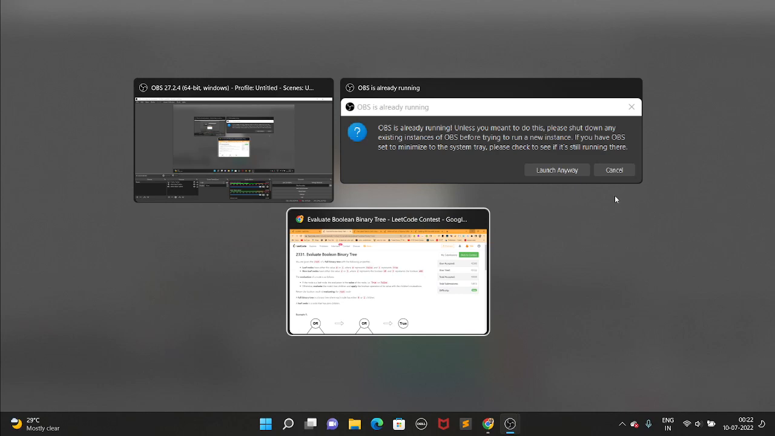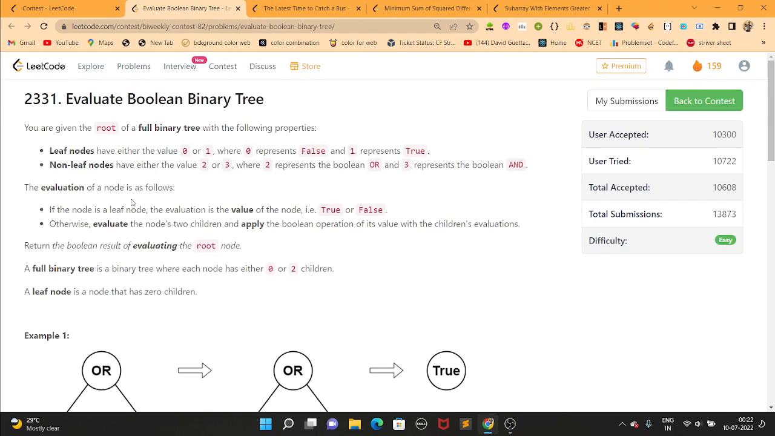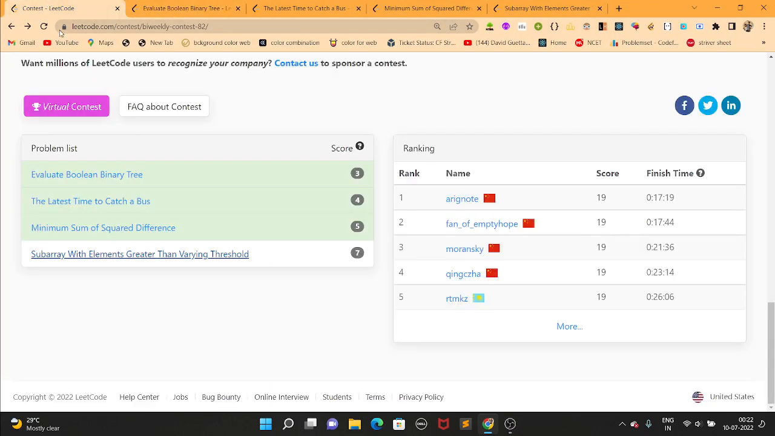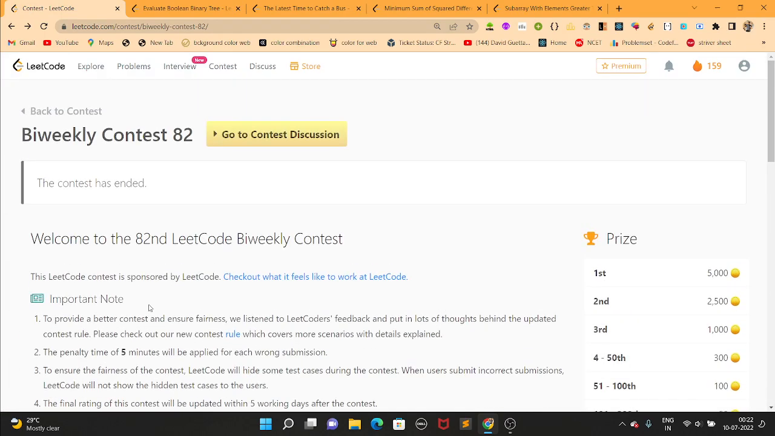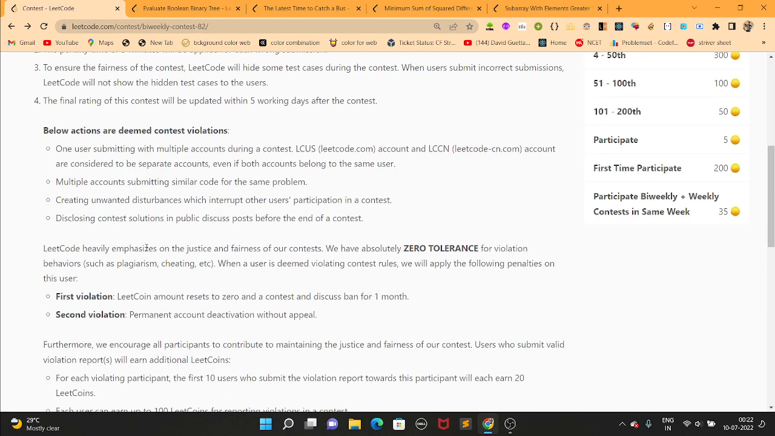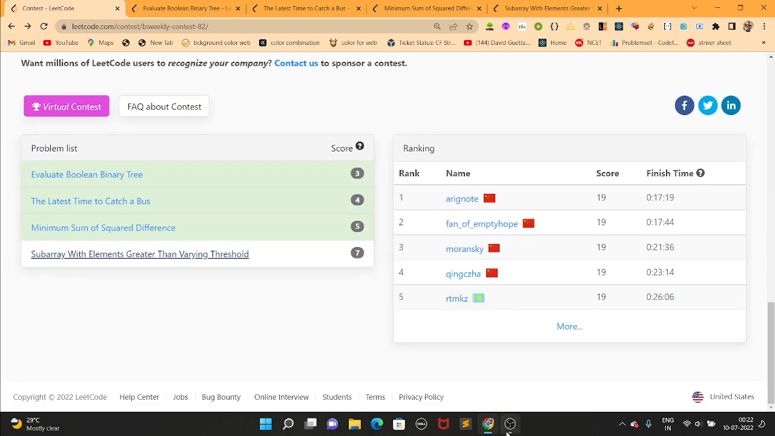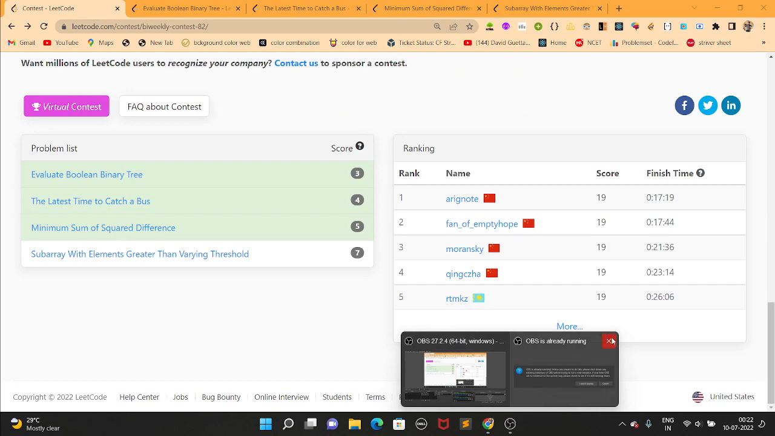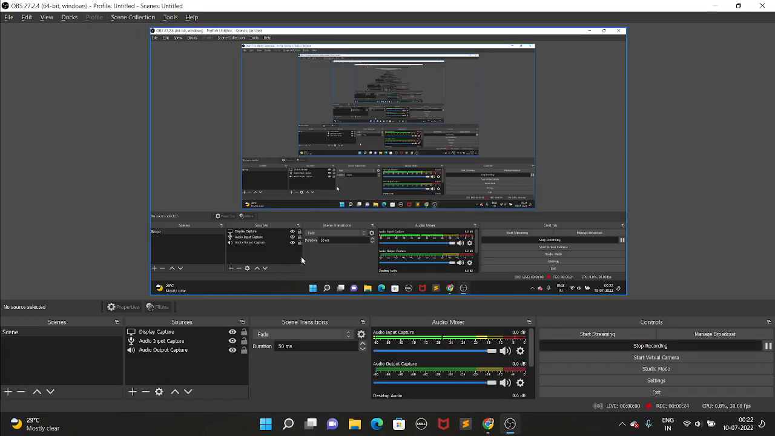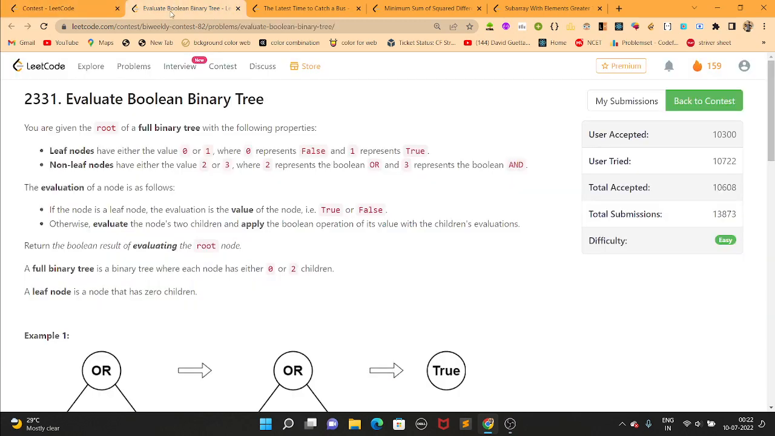Hi everyone. Today I'm gonna discuss the problems from the latest bi-weekly contest E2, and let's just quickly get started. I was able to solve three problems. The last one was difficult for me. So let's just quickly